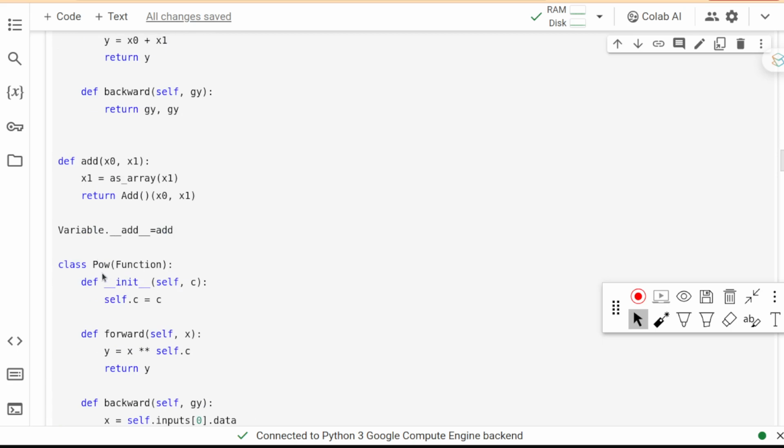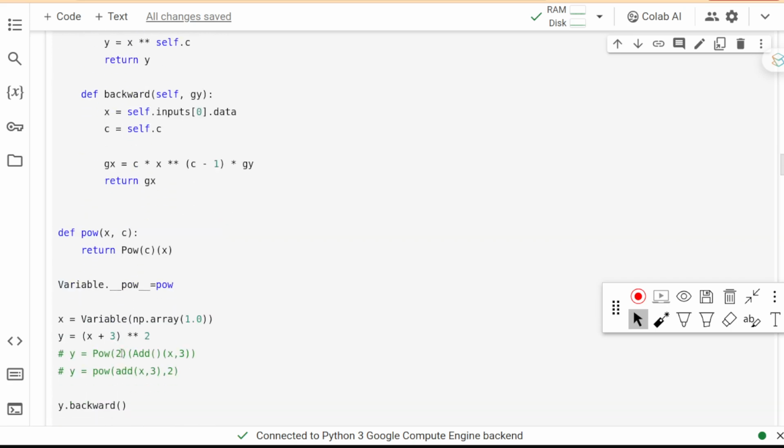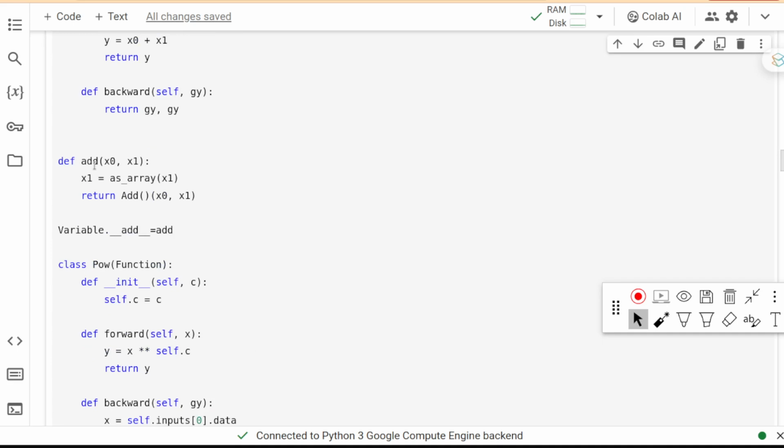Since we have defined the add operator here, when the interpreter sees the x plus 3 here, it will call the add, which is the add here. It will call this function, and the x0 will become the x, and the x1 will become the 3.